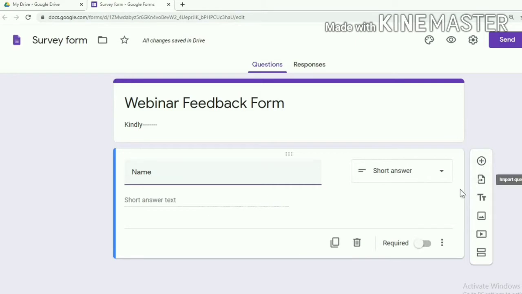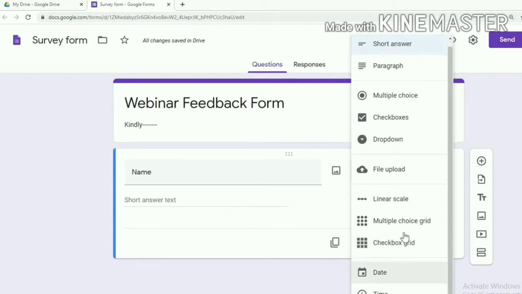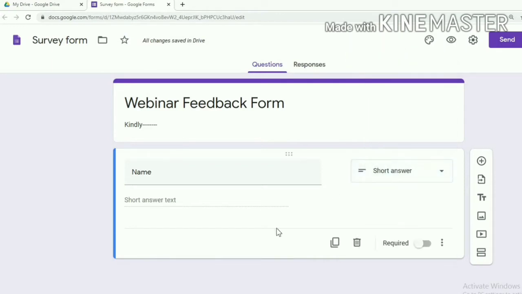You can see short answer, paragraph, multiple choice, check boxes, drop down options, the file upload, linear scale, multiple choice grid, even if you want the date and the time also. So for the name you can choose short answer type question, and make this a compulsory question by clicking this.